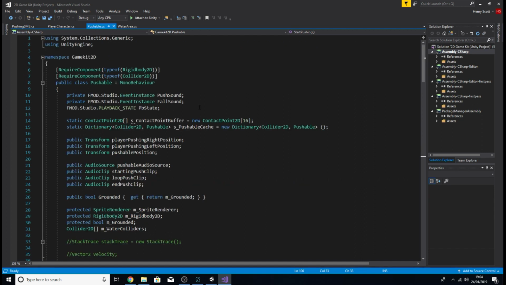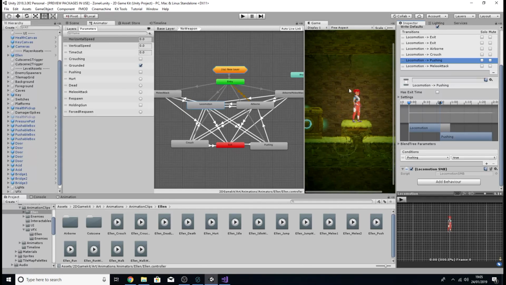Okay, so next is the falling sound. Like I said earlier, the falling event kind of works in a similar way to how it worked for the character, Ellen, whenever she falls. But I've set it up with the script slightly differently. The reason why is because there's actually a few variables and systems already created in this script, which we can utilize for this. So if you remember back to the episode where we looked at Ellen falling, one of the things,